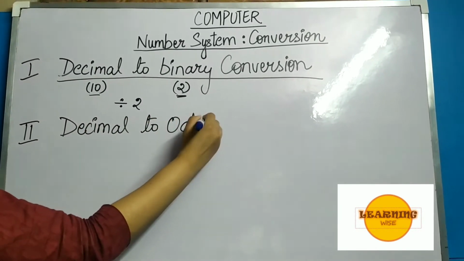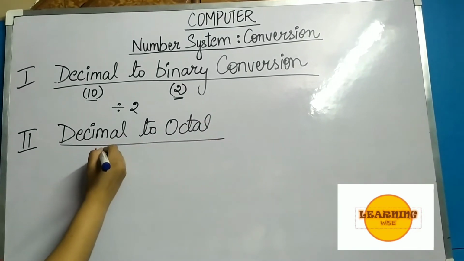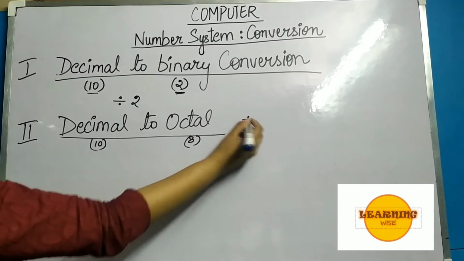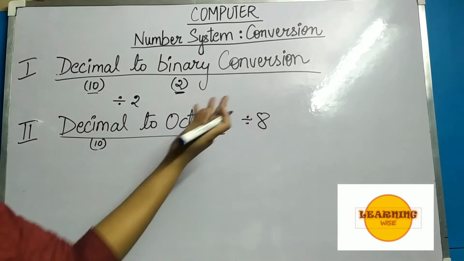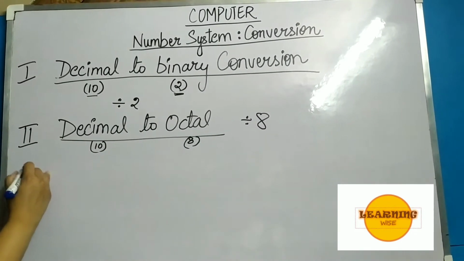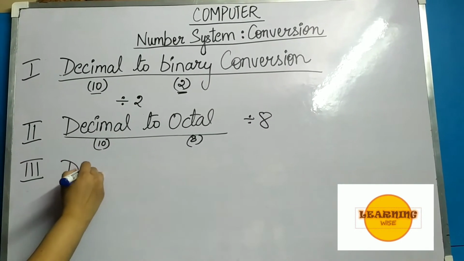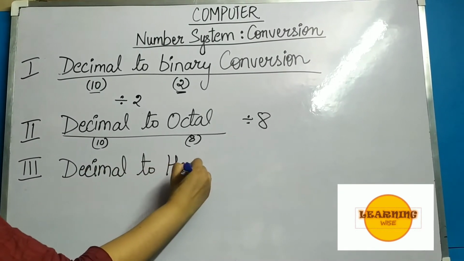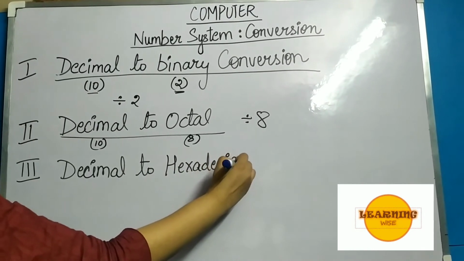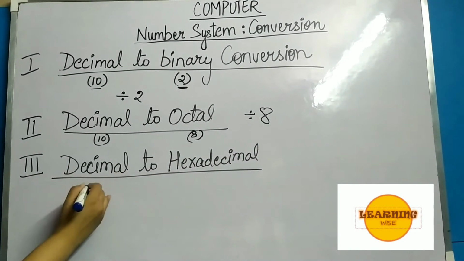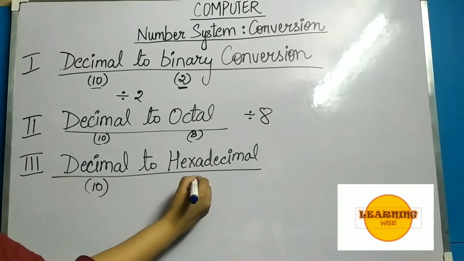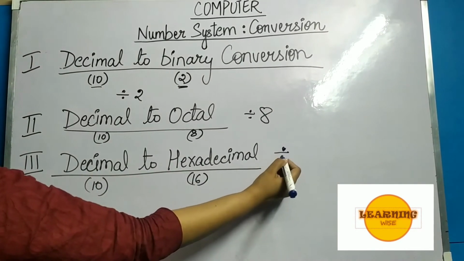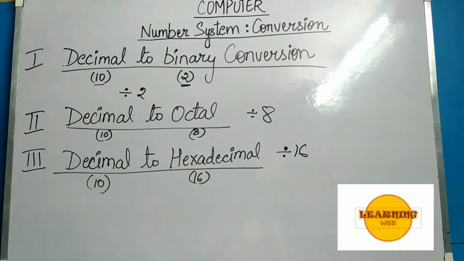Number 2, if you want to convert decimal to, let's say, octal. As I told you, decimal is base 10 and octal is base 8. Now what do you have to do here? You simply have to divide the decimal number by 8 and collect its remainders. Number 3, conversion number 3. Okay, decimal into hexadecimal. So what we'll do here? Yeah, you got it right. Decimal is base 10, hexadecimal is base 16. Simple. You have to go and divide your number by 16 and collect the remainder, right?